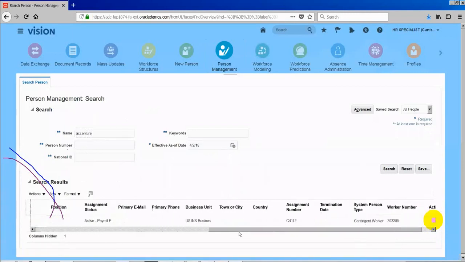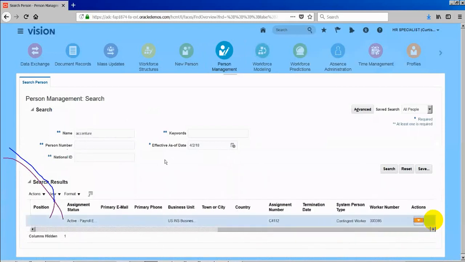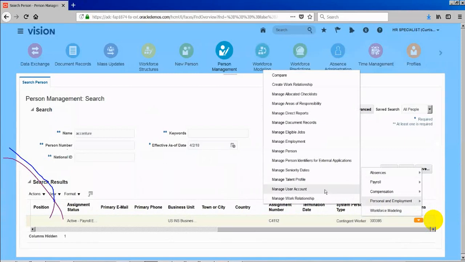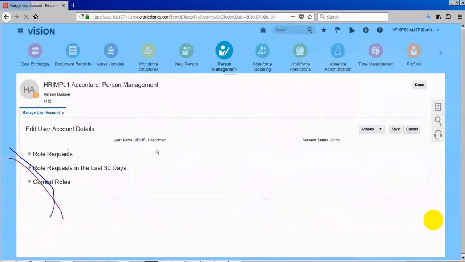We have some rules in our system which will be executed to create the username by default. If I go to my user account, this person will have some username. This is the username, hrimpl1.accenture. So first name dot last name username will be created with these roles assigned.